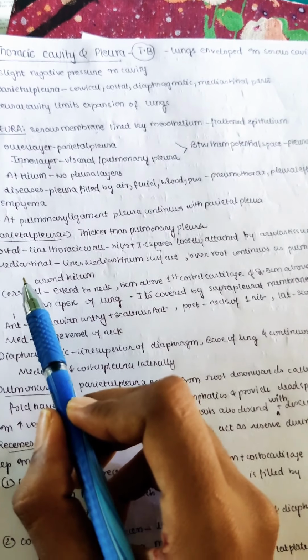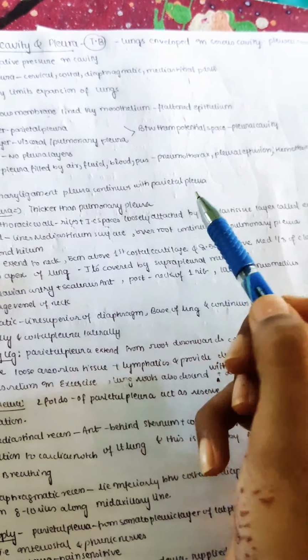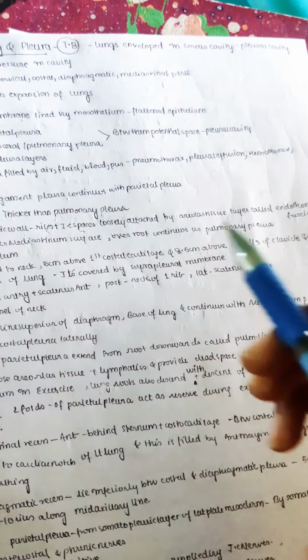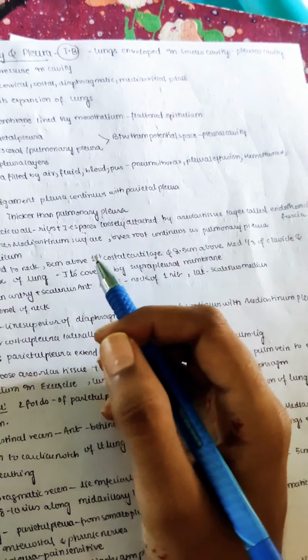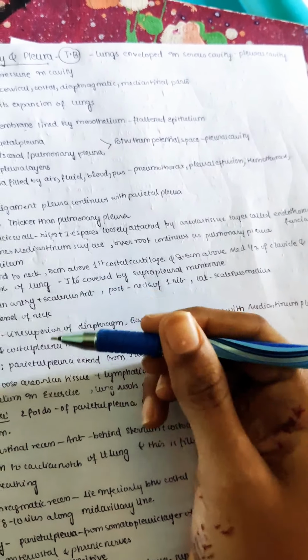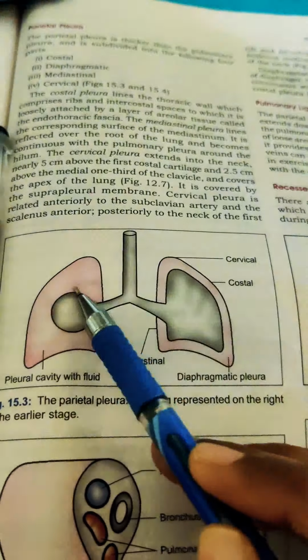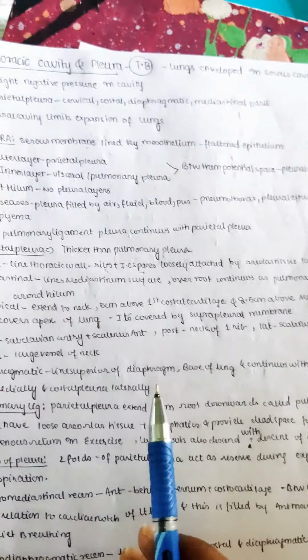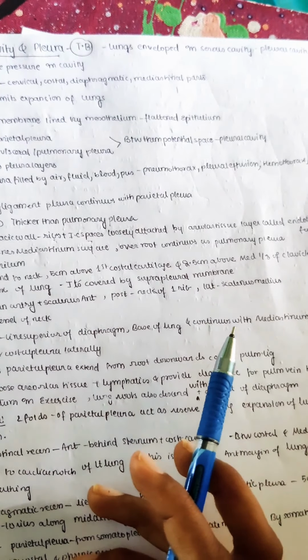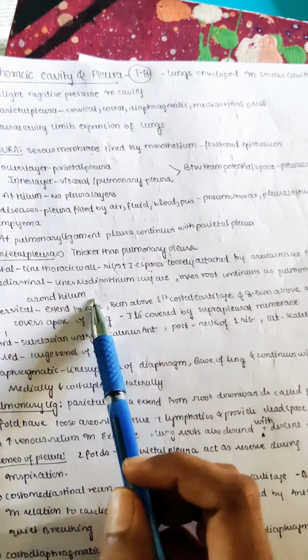And the mediastinal pleura, it's medially present. It lines mainly the mediastinal surface, and over the root it continues. Over the root it is continuous as pulmonary pleura, because at the root, as I said, the parietal pleura is not present. Here you can see the parietal pleura will be continuous as a visceral pleura which is intact to the lung itself. So it is continuous as pulmonary pleura around the hilum.